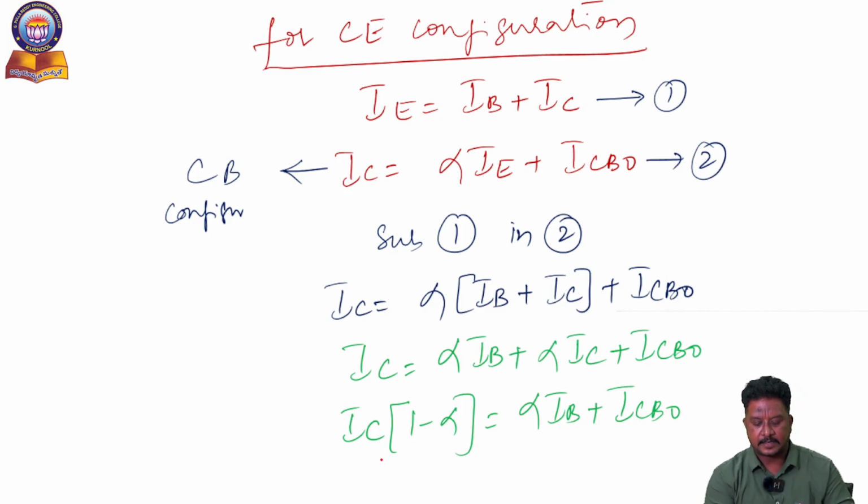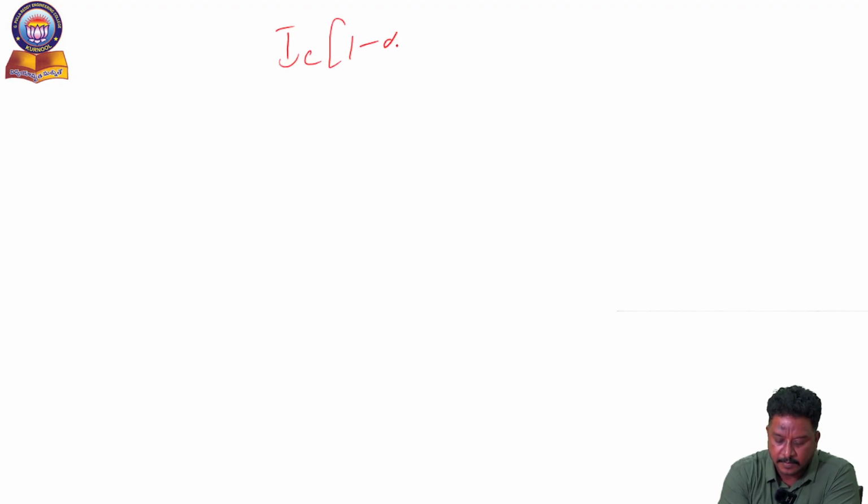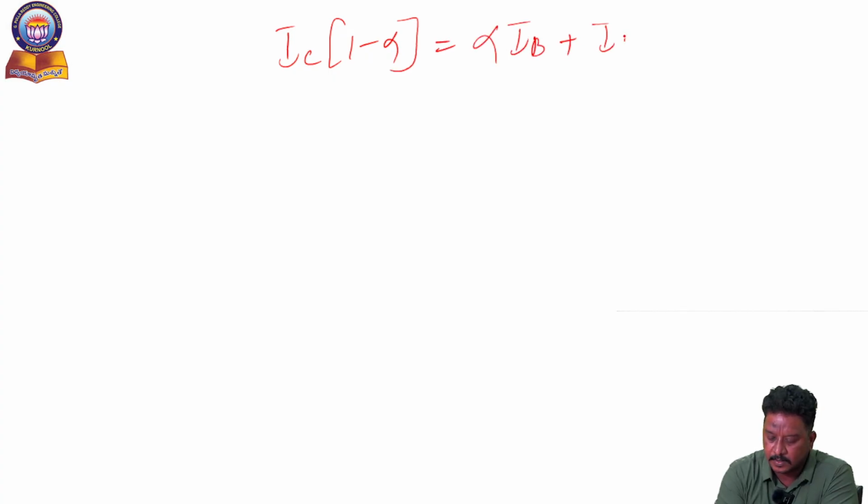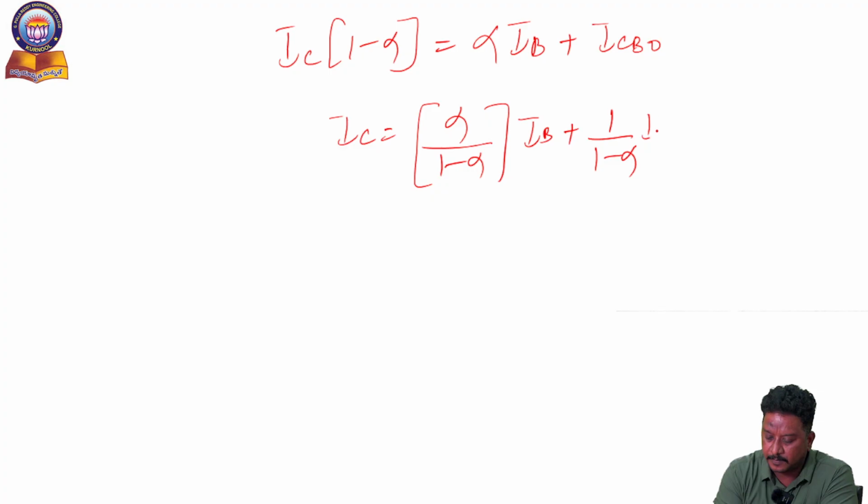Just now we defined that IC (1 minus alpha) = alpha IB plus ICB naught. So once again, IC (1 minus alpha) = alpha IB plus ICB naught. So IC is equal to alpha by 1 minus alpha IB plus 1 by 1 minus alpha ICB naught. That gives a relation between common base and common emitter as well as common collector configuration,